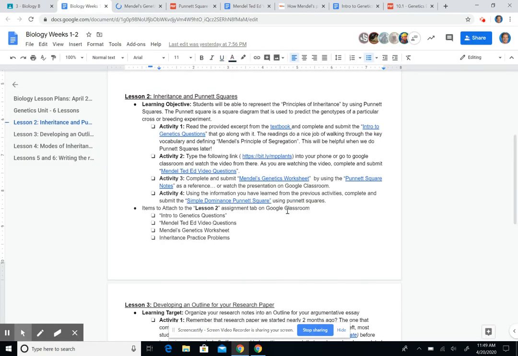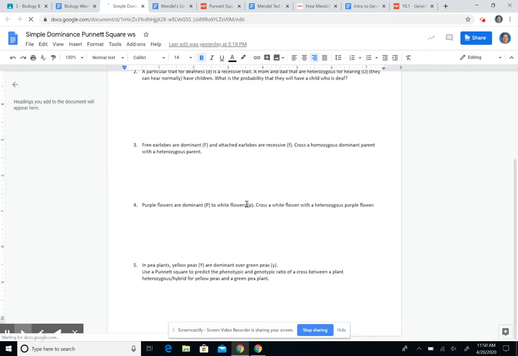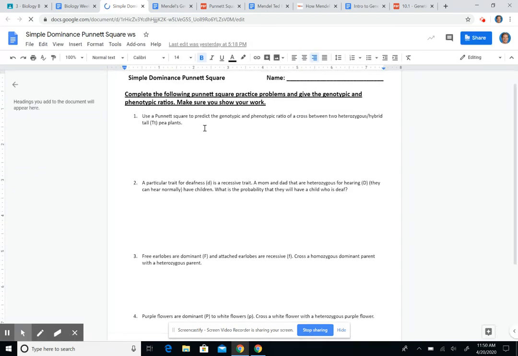And last but not least, once we've gotten a handle on what Punnett squares are and how they work, you're going to be doing activity number 4. This is using the information that we've learned from the previous activities. Complete and submit the simple dominance Punnett square assignment. With this one, I believe there are 5 different practice problems. For each of these, you're going to have to create a Punnett square based on the information that it